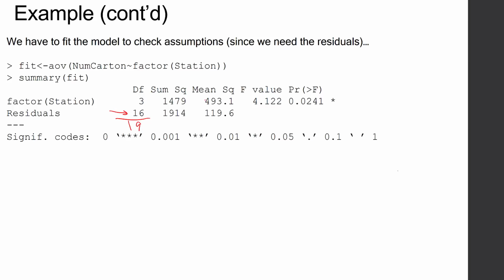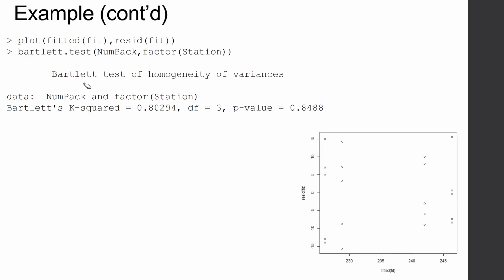And how could I get this mean square if it was erased? Remember, that's a sum squared divided by its degrees of freedom. So this 493.1 is 1479, which is the sum squared for between, divided by 3, which is the degrees of freedom for between. Okay, so that's how the numbers in the ANOVA table come together and how you could figure them out if some were missing. So let's check our